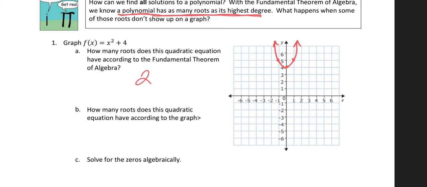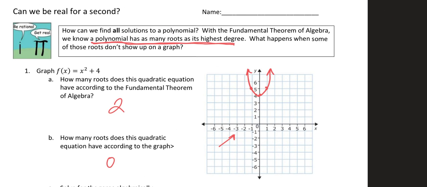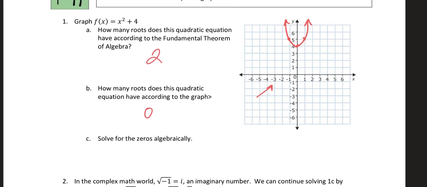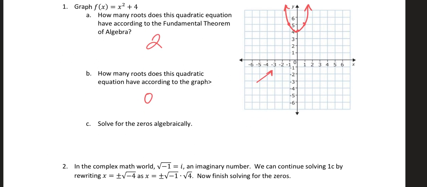But part B says, when we look at the graph, how many roots does it have? Well, it's not intersecting the x-axis at all, so it looks like it has 0 roots, but that is not true. So we're going to figure out how many roots it has and what the roots are. So we're going to solve for the zeros algebraically. We're going to take x squared plus 4, set it equal to 0, and then we can subtract 4 from each side. We get x squared equals negative 4, and then to get x by itself, we can take the square root, but